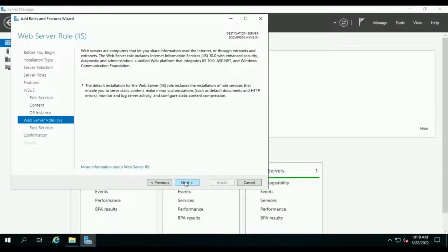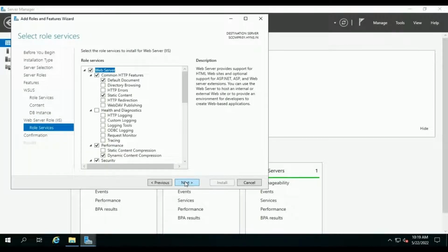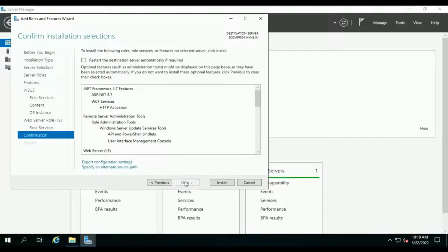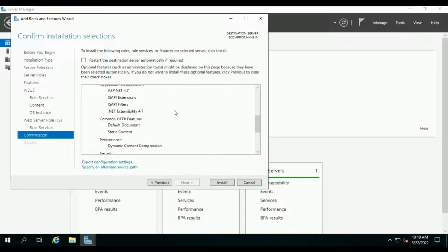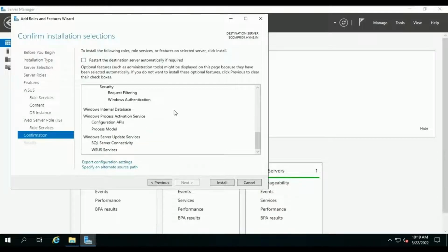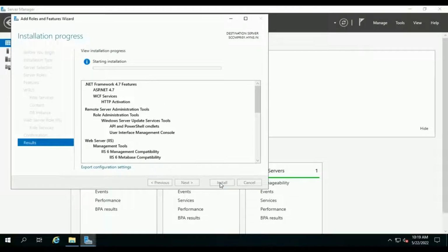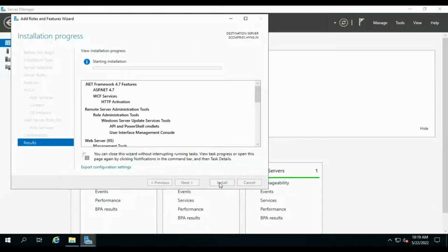Next. Leave the default selection and click on Next. Verify the summary and click on install. To continue. It will take some time to install the role.